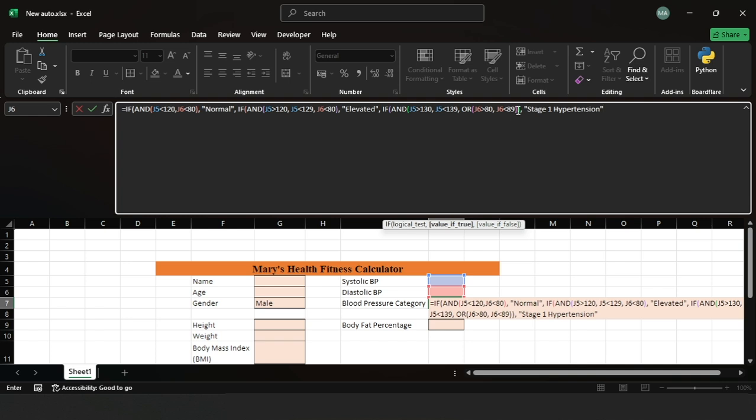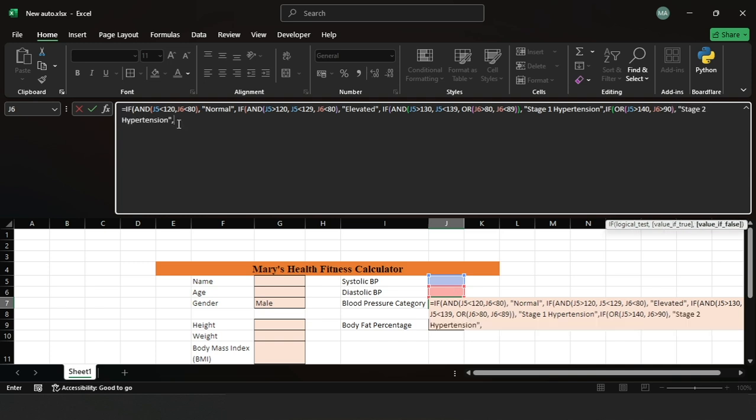Close this apostrophe. For the stage 2 hypertension, we'll be using only the or function. If an individual has a systolic that is greater than 140 or a diastolic that is greater than 90, that means they are experiencing stage 2 hypertension. If any of these that we've inputted here is not valid, we want it to be that such an individual should check the readings again. Close the parenthesis,